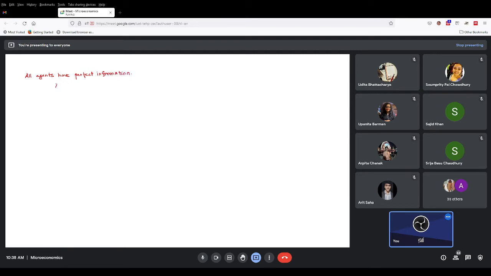What it means is that you have a set of possible actions and you have outcomes. Okay, so if you take action, let us say action 1, action 2, action 3, you have